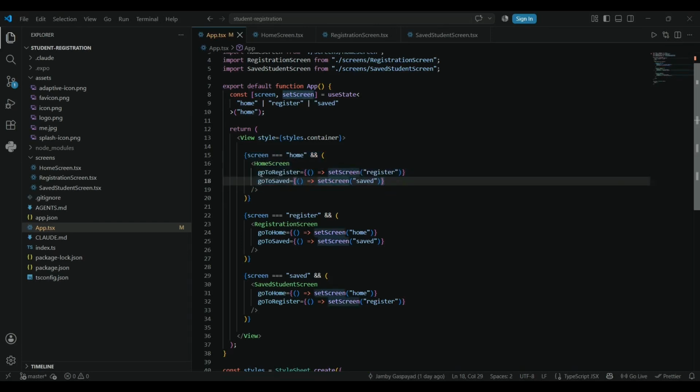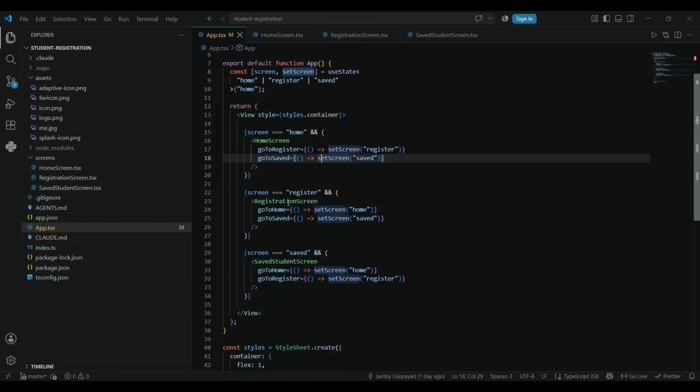So go to register changes the screen to register, while go to save changes the screen to save. Then next is the registration screen. This checks whether the current screen is register.